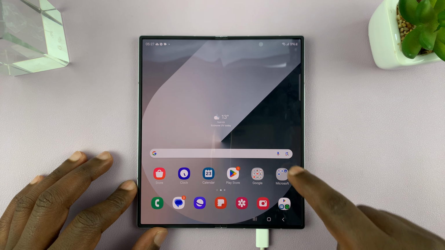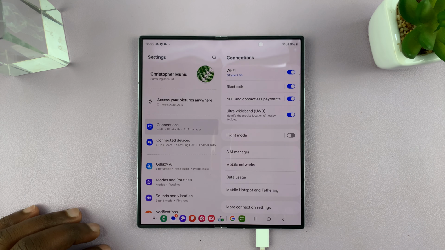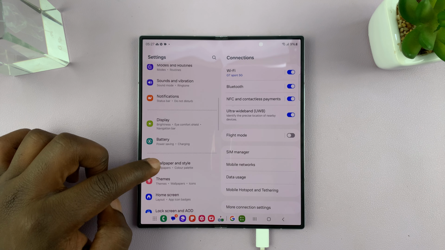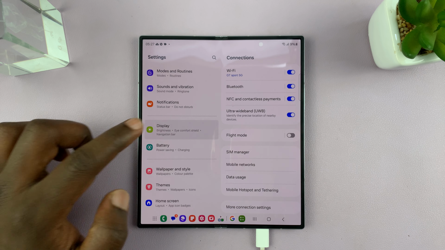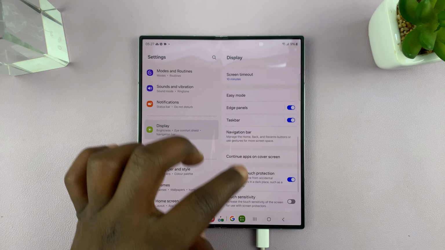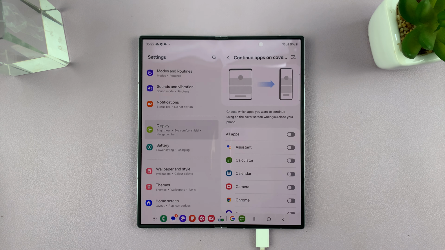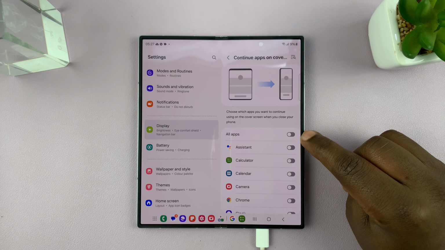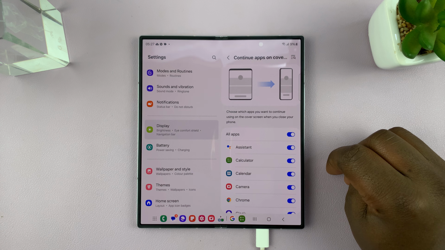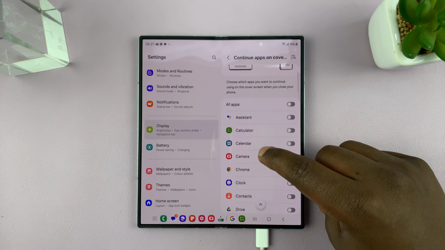on the cover screen. So to do that, just go ahead and open settings. Under settings, scroll down to display, tap on that, and then under display, scroll down to continue apps on cover screen. So if you tap on that, you can actually enable that for all the apps. So if you tap on that, that enables that for all the applications, or you can enable it for specific